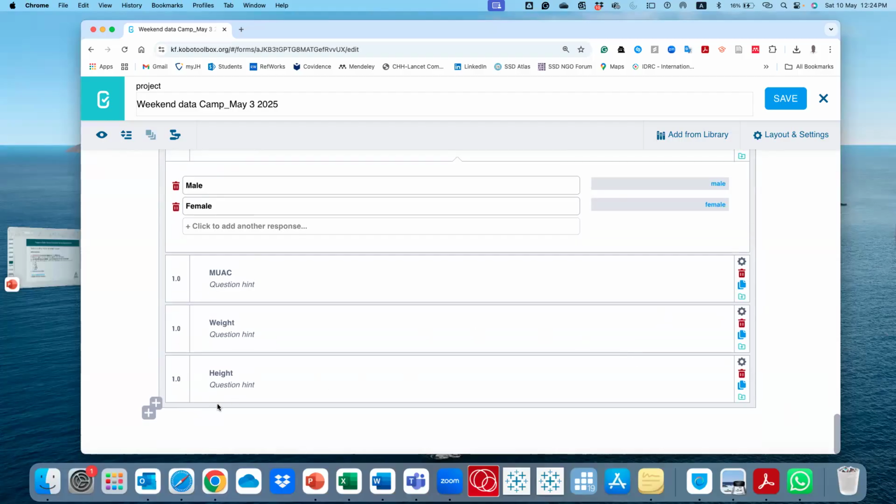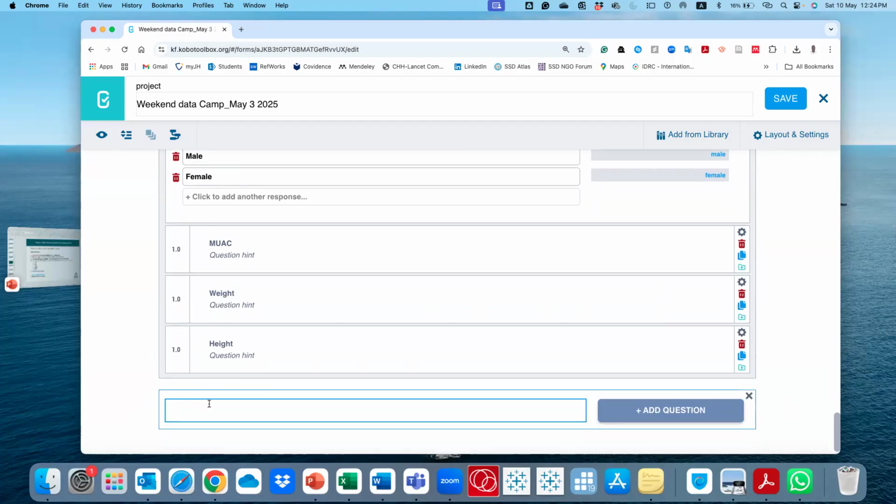All right. So you'll see two pluses. One is if you want to add within the group, and the outer one is when you want to add outside of the group. This is what it will show when you are developing, if you have done grouping. So now we want to add outside the group. I want to say, what is the age of your child under 5.